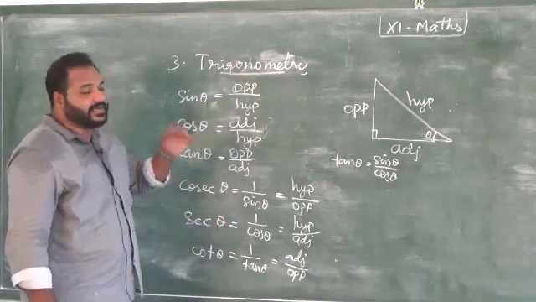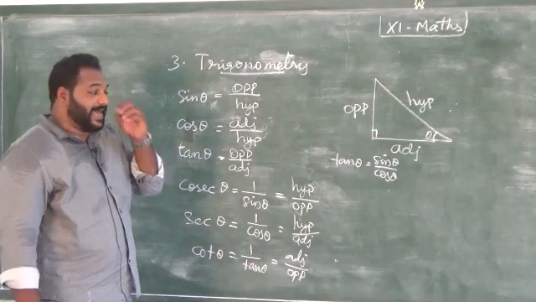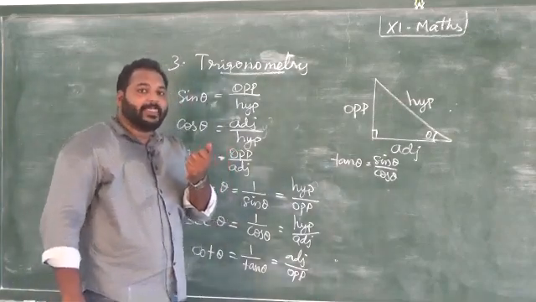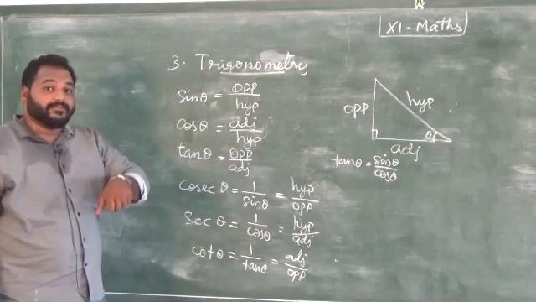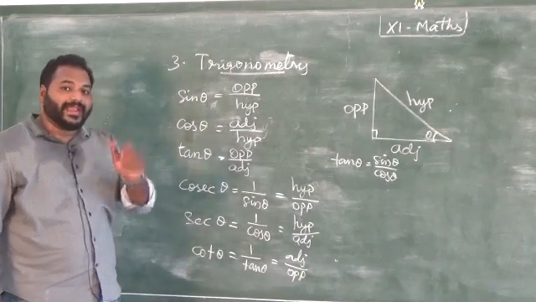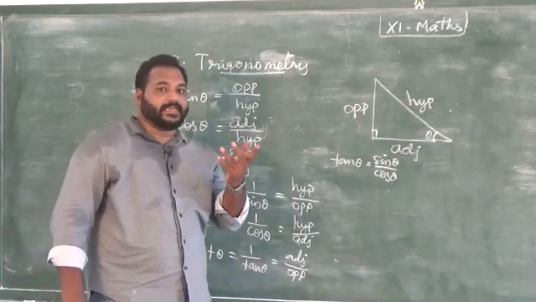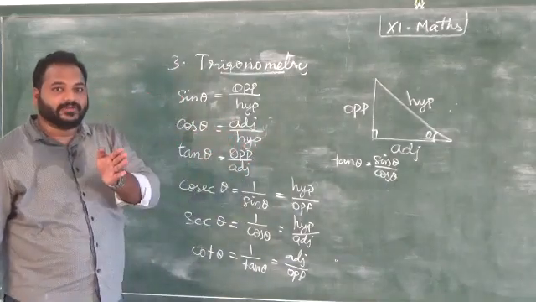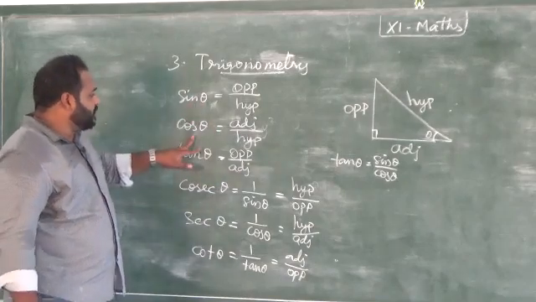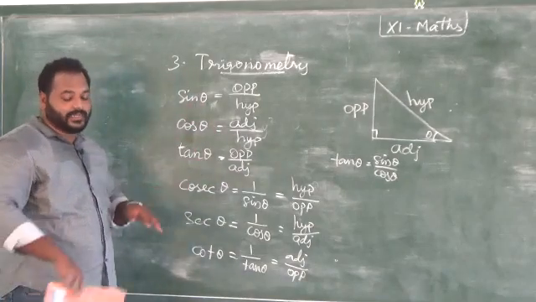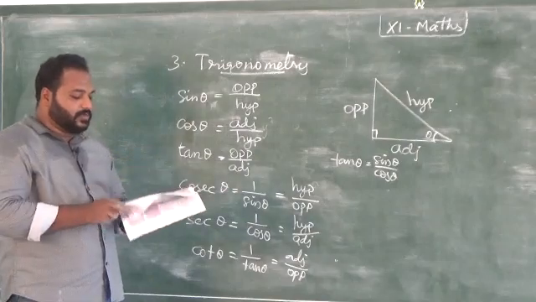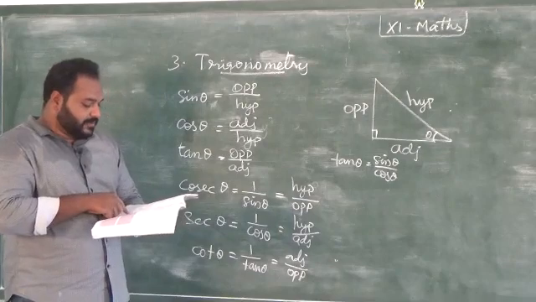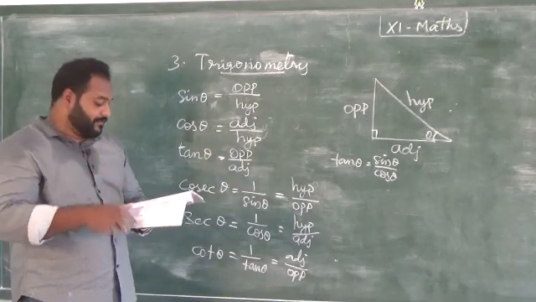Next we have a table of angle values: 0 degree, 30 degree, 45 degree, 60 degree and 90 degree, and then here we are going to learn to find the values for more than 90 degree. First we must know the values up to 90 degree for sin theta, cos theta and tan theta. These values are also given in the book. So learn the values and memorize them to do the problems quickly.